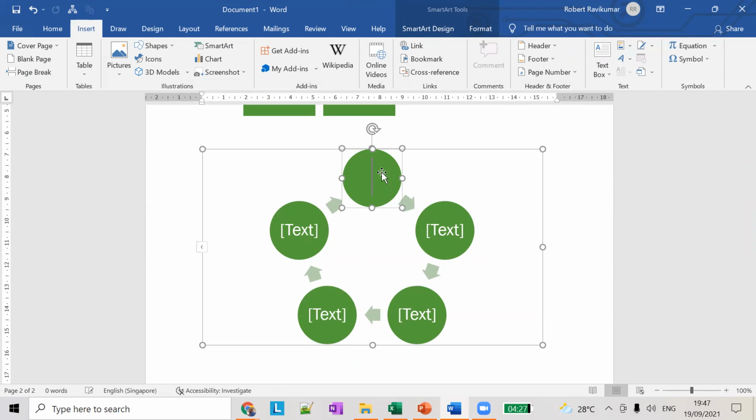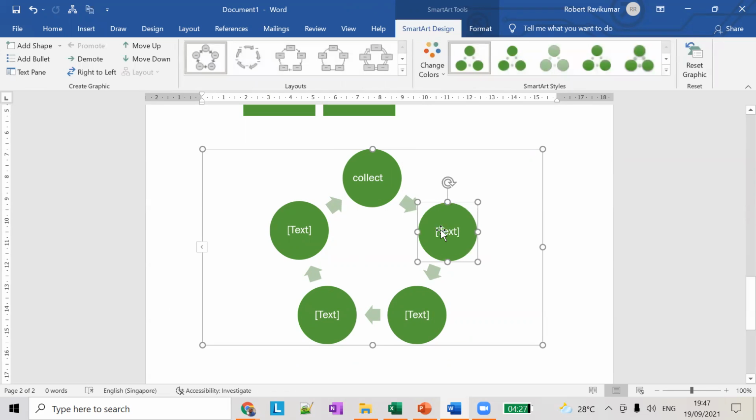Okay, so collect, segregate, process, make, use. Okay, so this is one classic cycle.